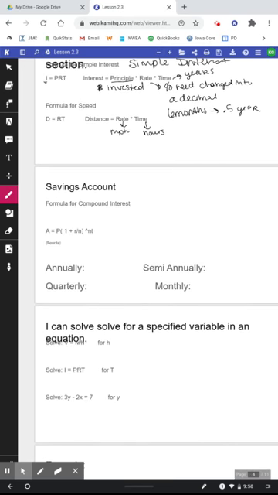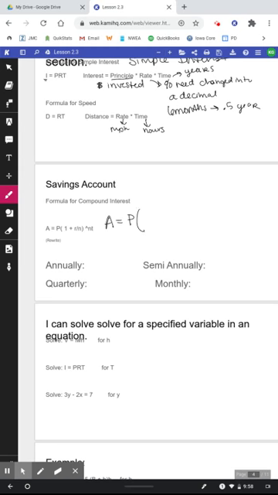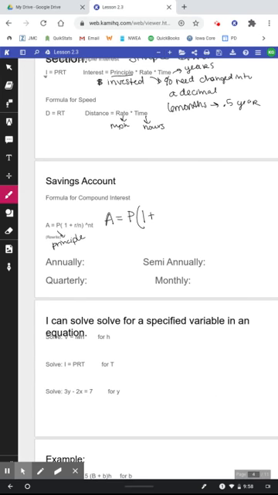We need a formula for compound interest. So compound interest is when at any given time the bank is multiplying your money by a percent and you're making money every day, every month, every year, or whatever they tell you. And so this one I have a note to rewrite it here because it gets kind of weird. So we have the principal again, P is for principal, times 1 plus your rate, and remember that needs to be a decimal,